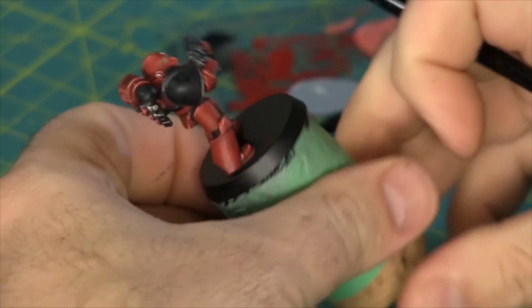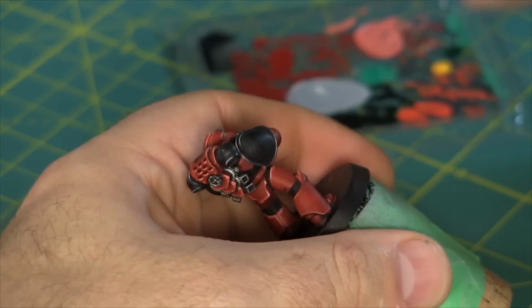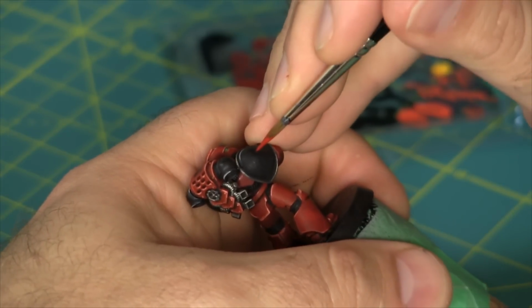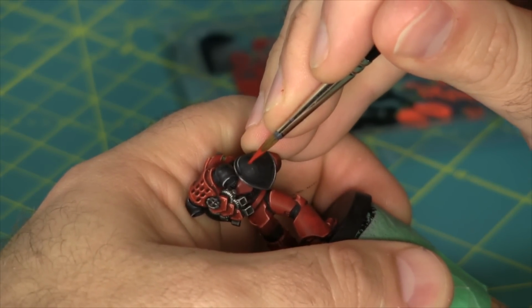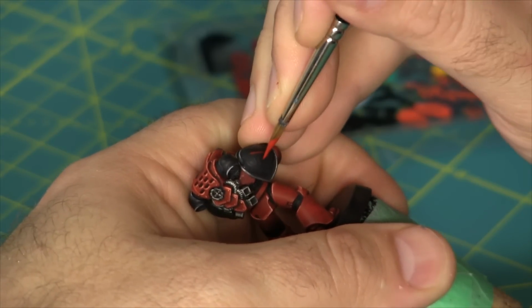The symbol is basically two different components. There's a sort of fireball or a burning sun element, and then a bit of small black script that looks like a number 3. I'm going to begin by roughing in the sun shape with Mephiston Red, the same color we use on the